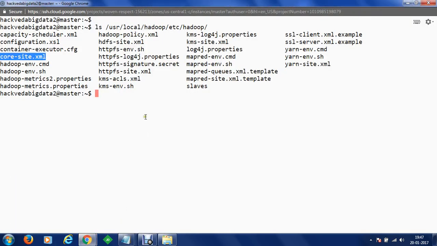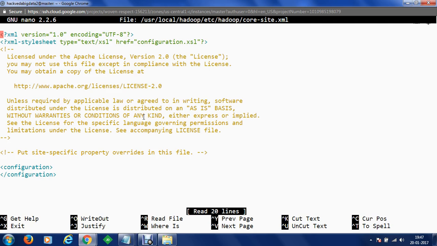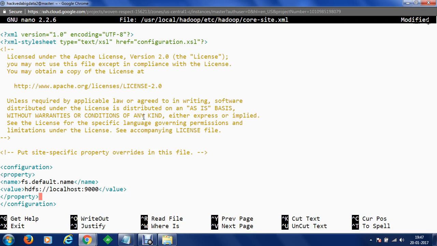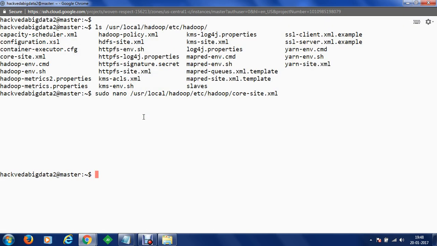Let's just open the Linux instance. We're going to use the command sudo nano /usr/local/hadoop/etc/hadoop, and here we are going to change the core-site.xml. So let's open this core-site.xml, and if we go down, you can see that at the moment the configuration is empty. So within the configuration tag, we are going to paste the properties. We are going to paste the property for the default name of the file system, and the file system will be accessible on localhost at port number 9000. Use Ctrl O to save the file, Ctrl X to close.